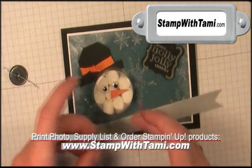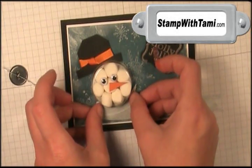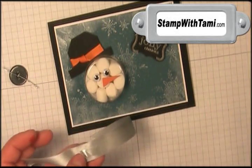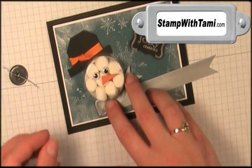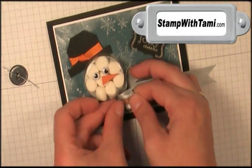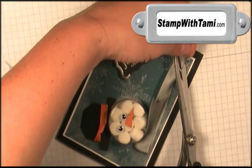And what I'm going to do is kind of fold over, position this the way I want it to go. It's going to be his little scar. So I'm going to put some sticky strip right here. Peel off that protective backing. And we'll fold that right up the way we want it. And then I'm going to stick another piece of sticky strip underneath the ribbon. And then that's just going to stick right down there. Just fold that in half and...